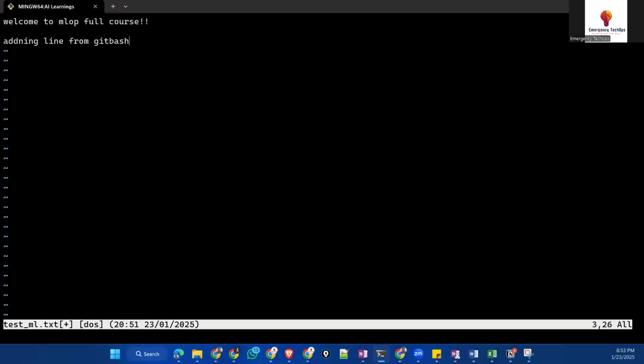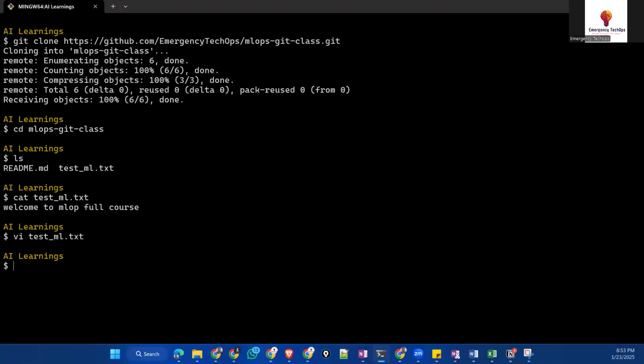Then escape, shift colon, wq, exclamation mark to save this file in vi. So this is basic vi. If you don't know, vi is an editor for files in Linux. You can also do it with nano. When you open vi and type like that, you can run keys like escape, shift colon, wq. You will find it in the notes, don't worry.